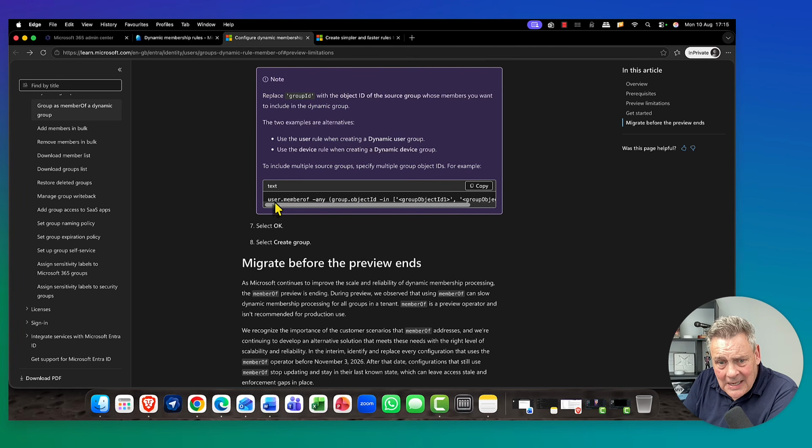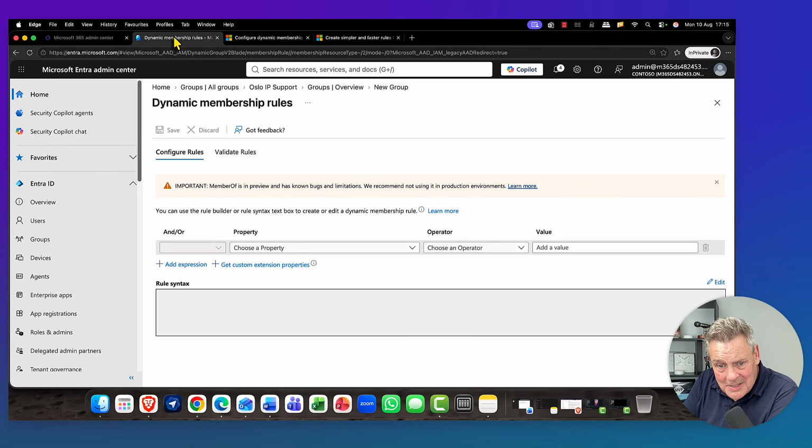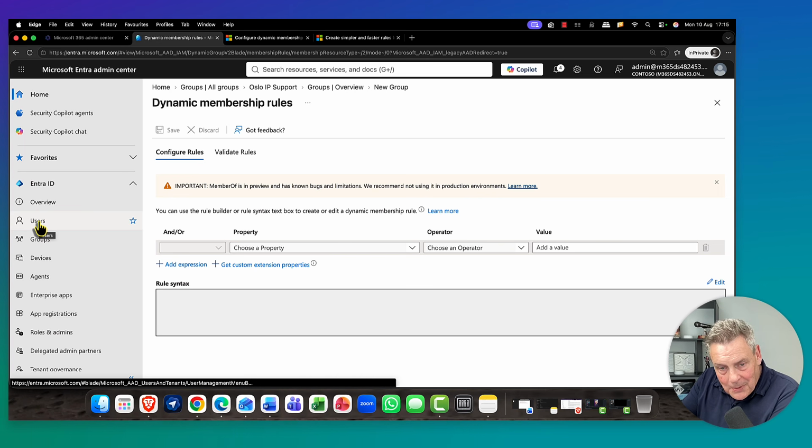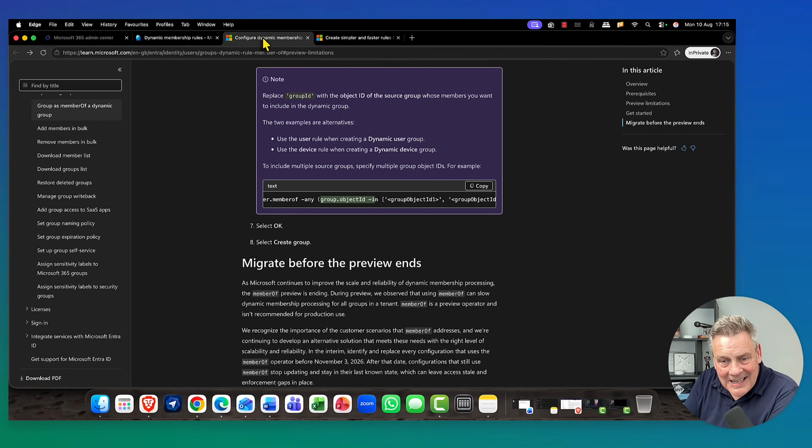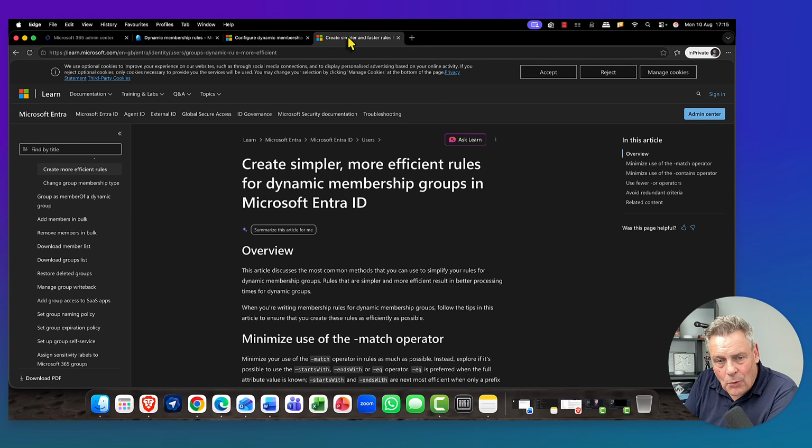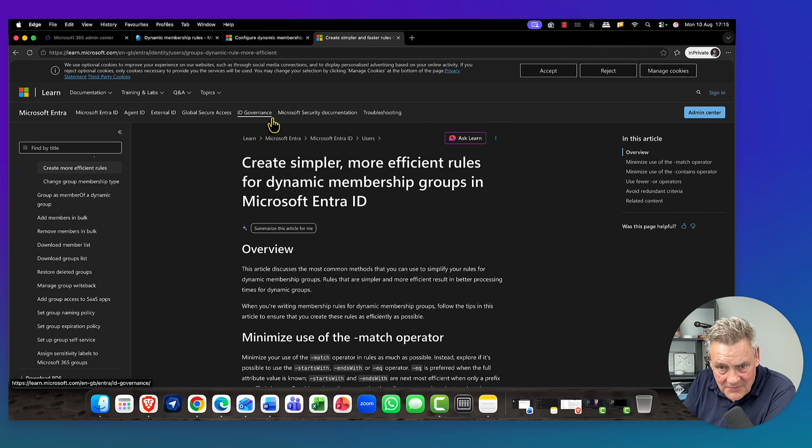You can see here, if the user is a member of, you would use the group object ID. For that, you would have to come into Entra ID, go to the group, and copy the group ID into the PowerShell command. It was problematic. It really was problematic. So what Microsoft are doing from November onwards is retiring this feature